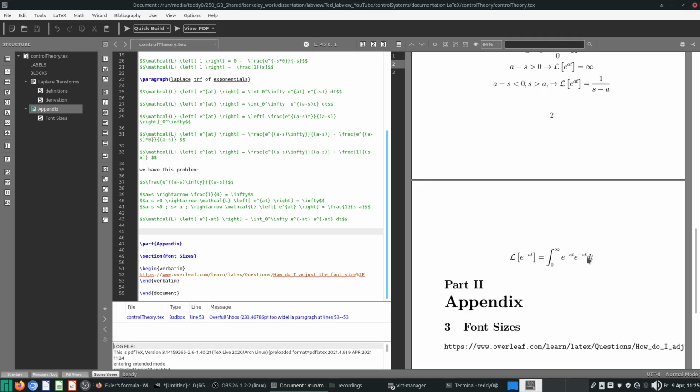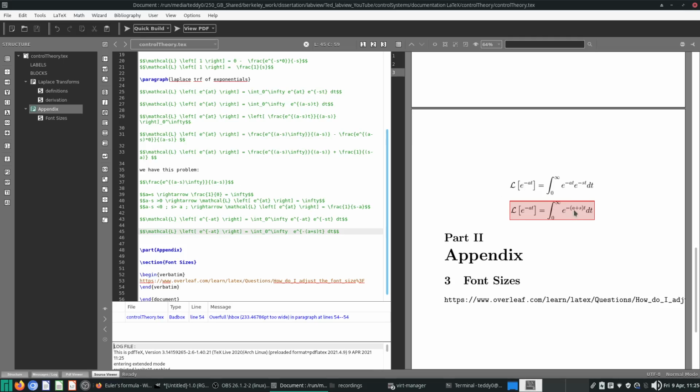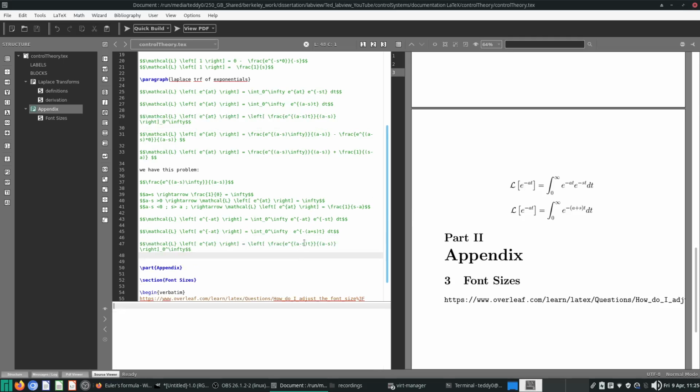I'll factorize out t, and then I'll have this. Of course then we'll need our fractions again, and then we'll take the limits. a plus s,